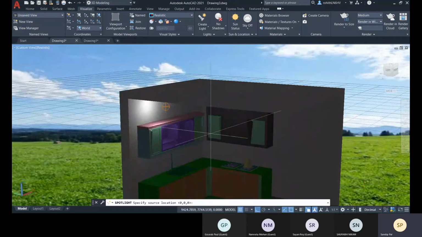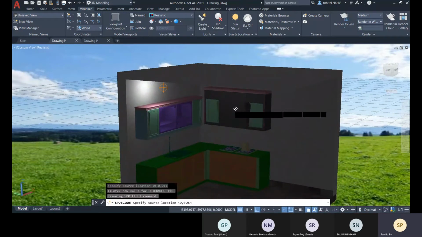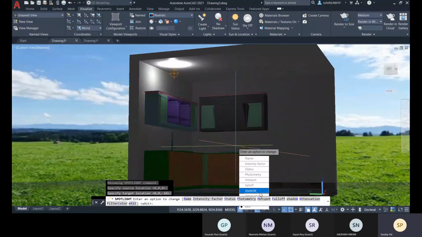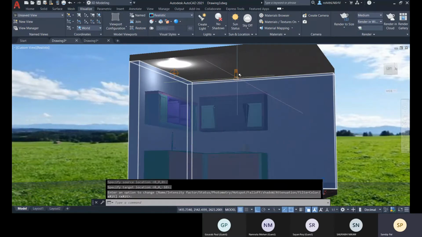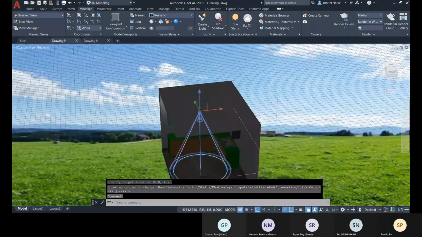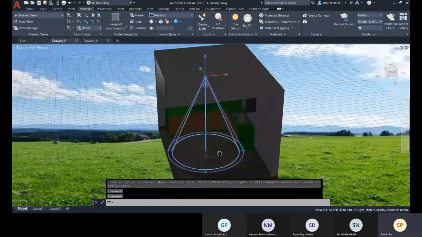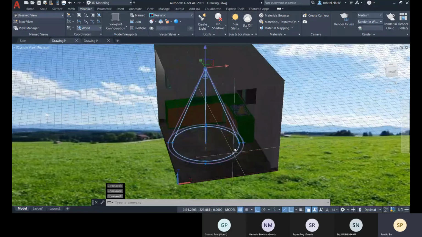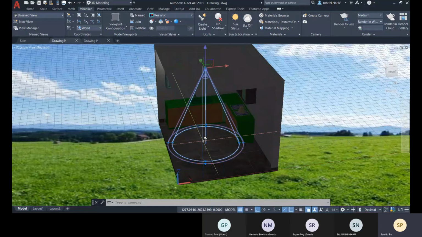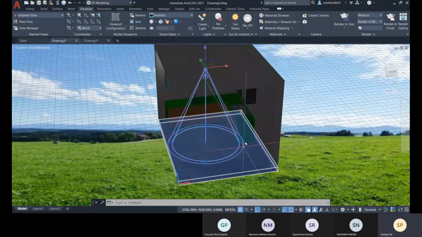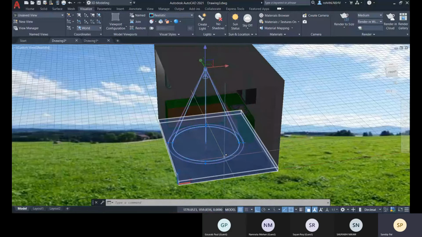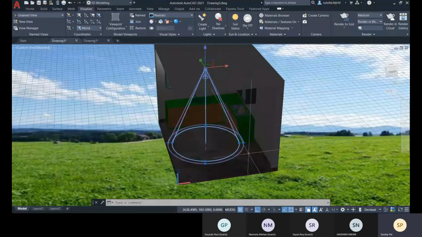You can create spotlight effects. So this is a spotlight, and in the cone you can see the inner circle has the most intense light, and the outer circle is the maximum area up to which the light will fall off.